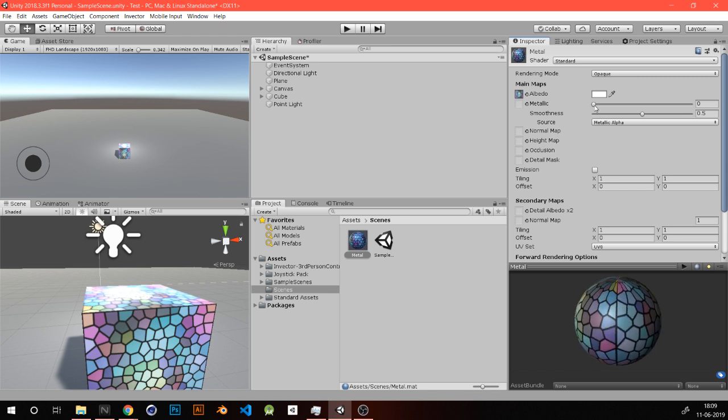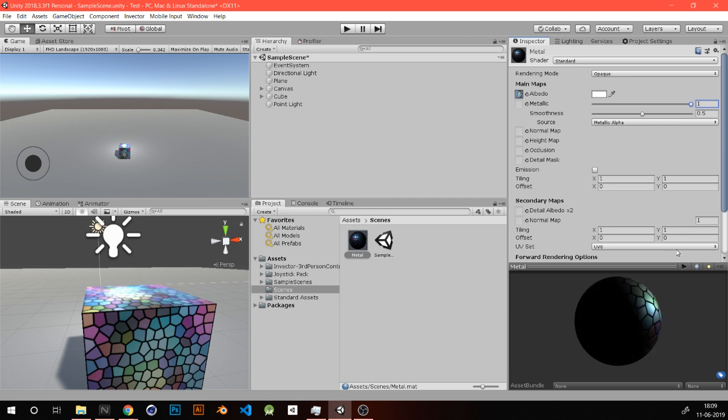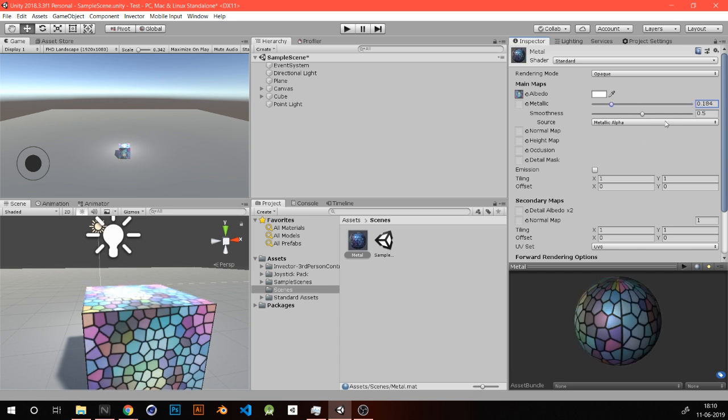So, okay, metallic. I mean, literally, it controls how metallic the surface looks. Now, what would metallic imply? To an extent, it implies how shiny it looks. Not entirely, but kind of, because that factor is more controlled by the smoothness. See that? If you take the slider to the other extreme, which is zero,